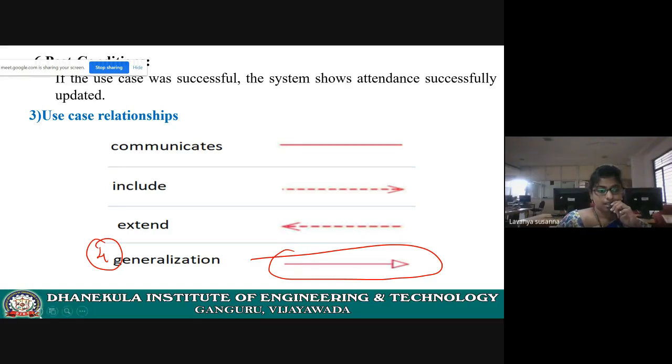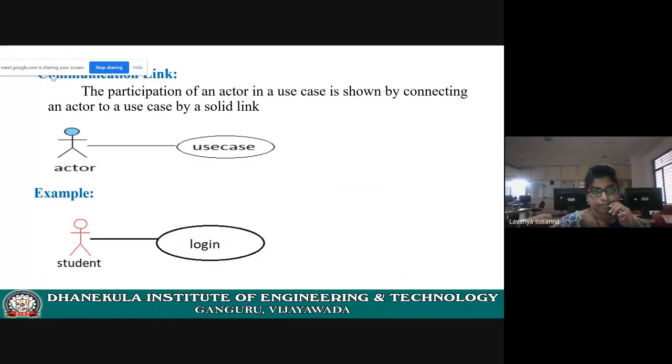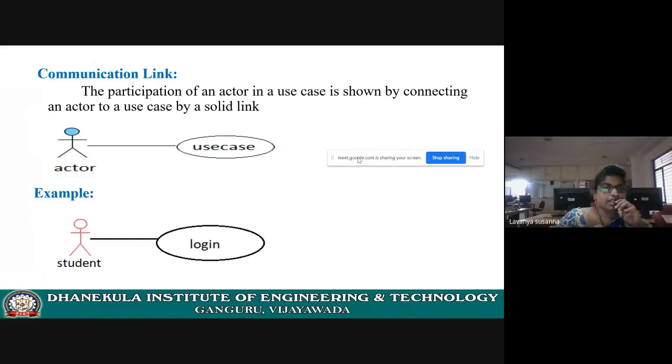Next, let us go into the detailed description. Communication link is nothing but an association link, which represents that there is a link between the actor and the use case.